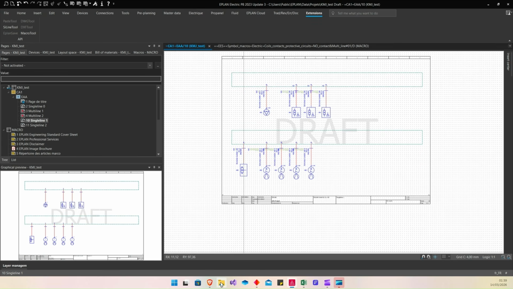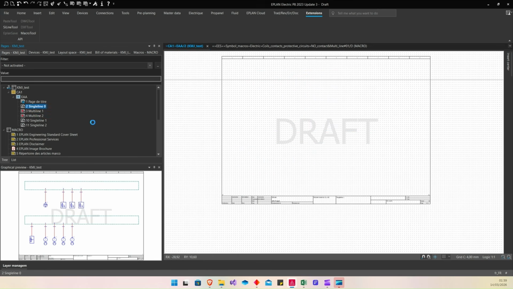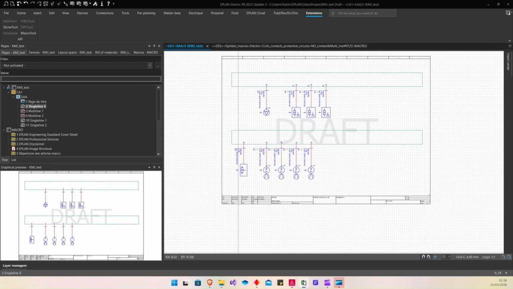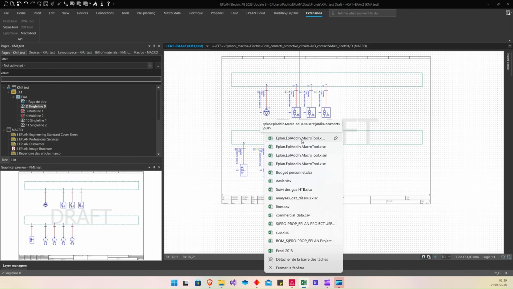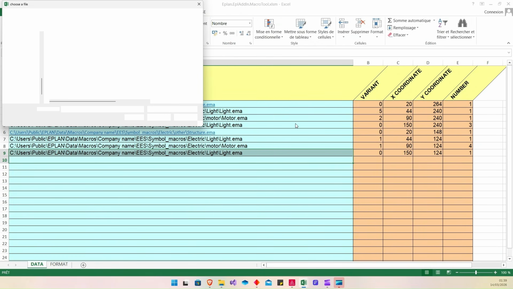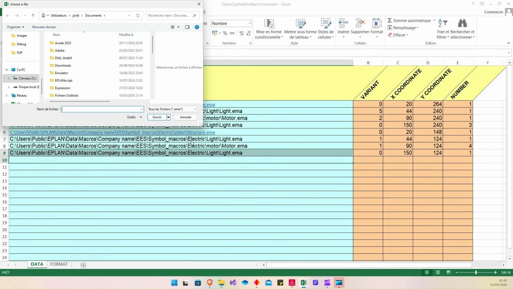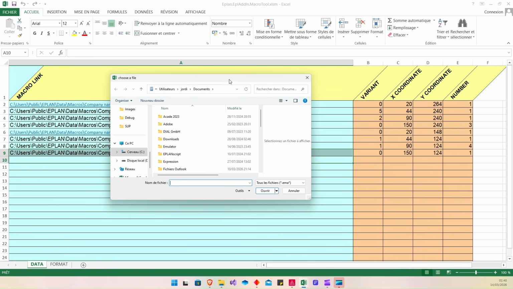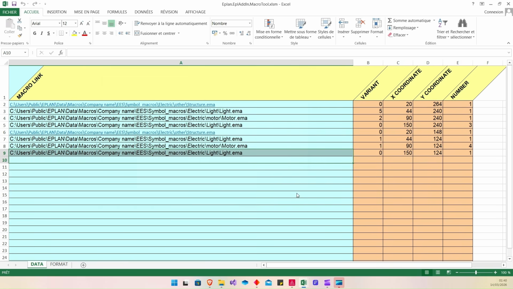But I want to show you. I will delete this. Now I want to reconfigure my Excel file to show you something. I know sometimes the Excel macro can be a little bit annoying because it automatically opens the window to find the window link. I know, but it can be good also.